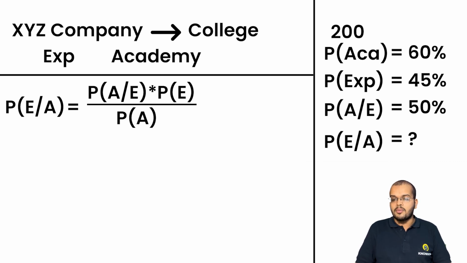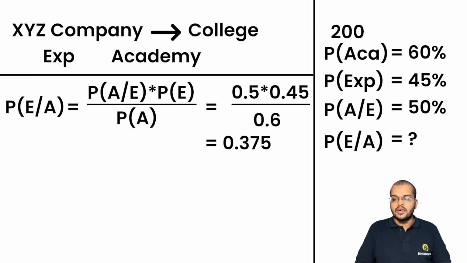For this formula, P of academics given experience is 0.5, into 0.45, divided by the probability of only academics, which is 60%, 0.6, which is